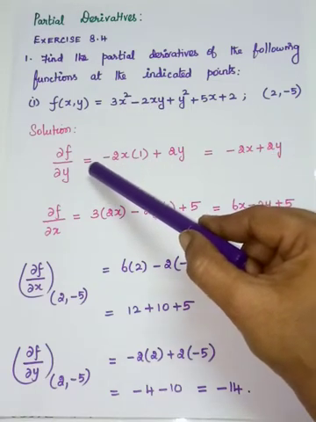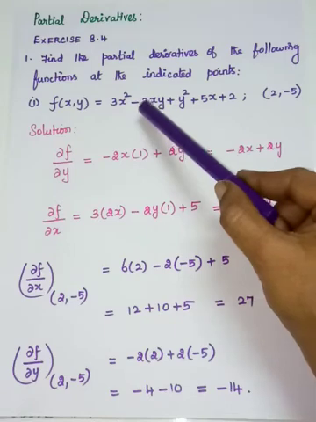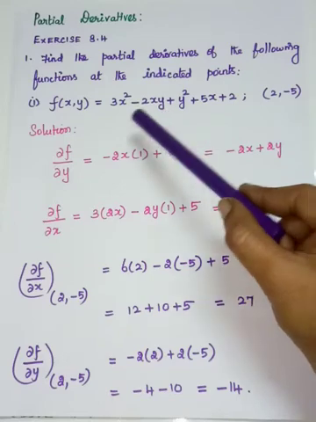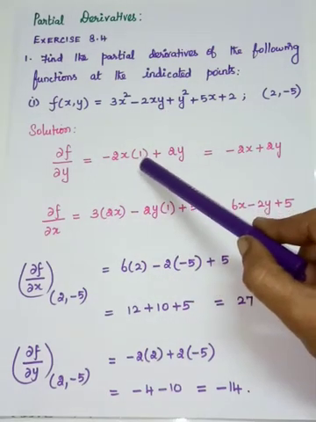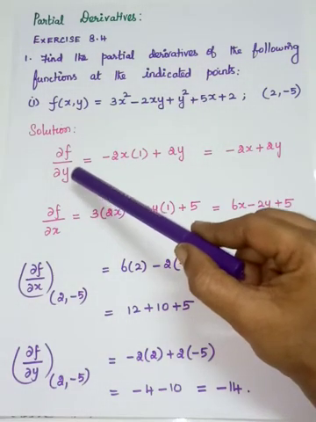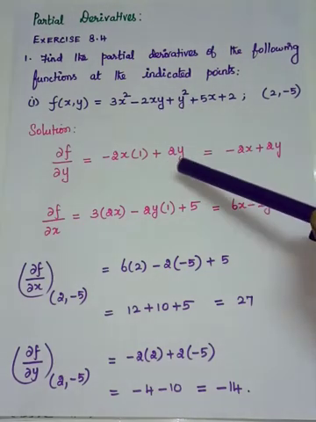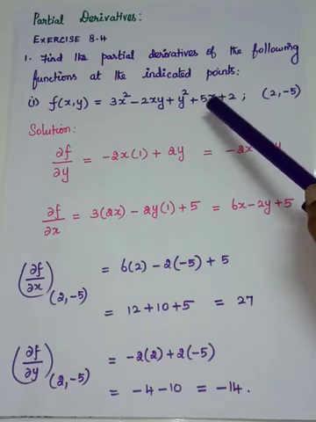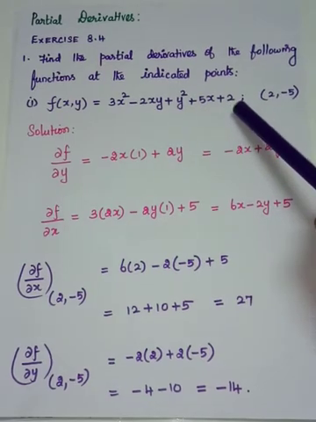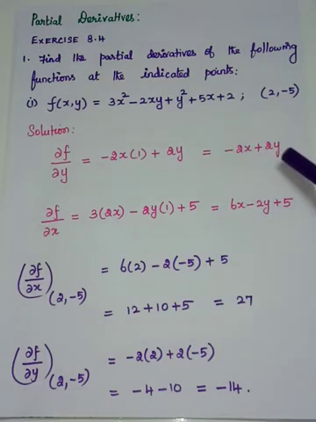So that's why I didn't write it here. Okay, come to this term. Here, what are constant? Minus 2x is a constant. It is taken out. What is remaining here? y. y, if you differentiate partially with respect to y, is 1. Okay, come to y squared. You are differentiating f partially with respect to y, so y is a variable. So how do we differentiate y squared? It is 2y. And come to this term 5x. Here x is a constant, so its differentiation is 0, as well as 2 is a constant whose differentiation is 0. So ∂f/∂y is equal to minus 2x plus 2y.